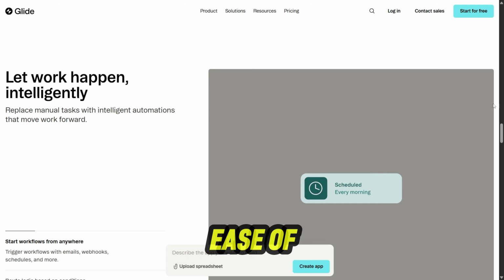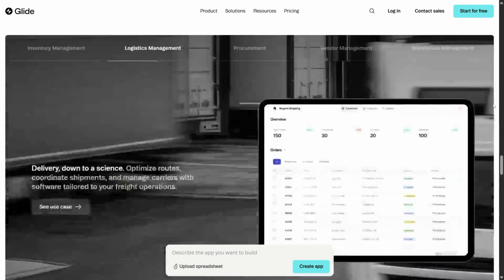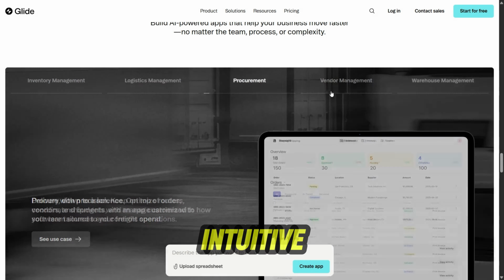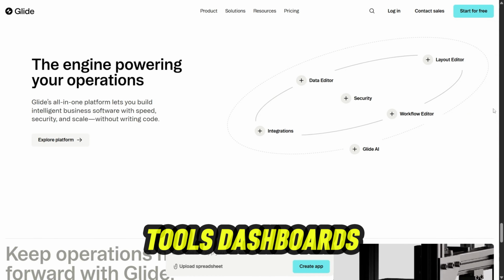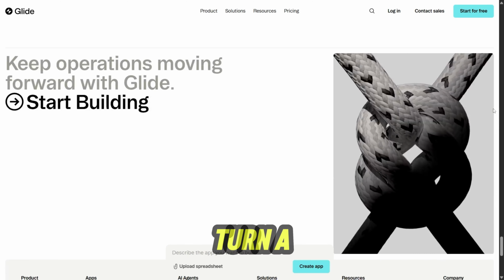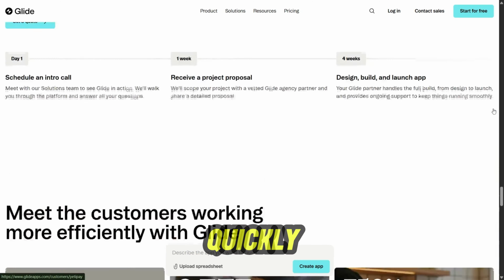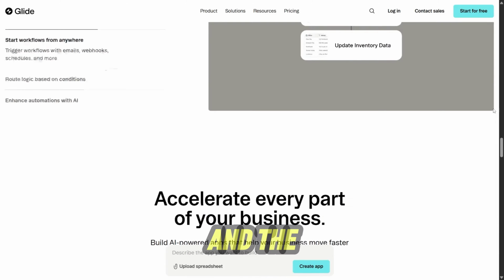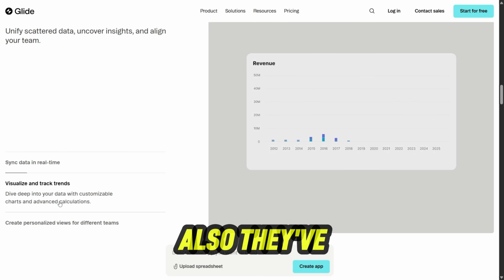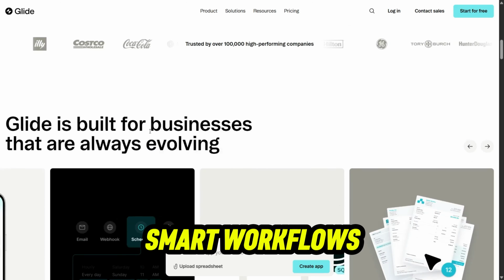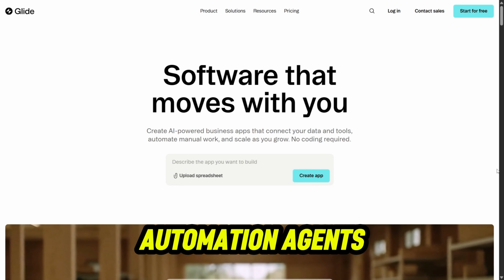What stood out? The ease of use. Compared to many no-code tools, Glide makes data binding and app logic feel intuitive, especially if you're used to spreadsheet thinking. It shines for internal tools, dashboards, CRMs, or places where you want to turn a table of items into something interactive quickly. The UI looks polished by default, and the built-in workflows and automation let you do more without needing external tools. Also, they've been advancing features like smart workflows, AI-assisted tools, and automation agents, so it's not stagnant,